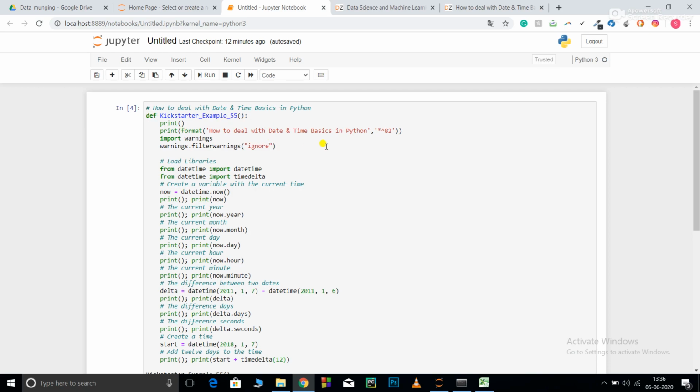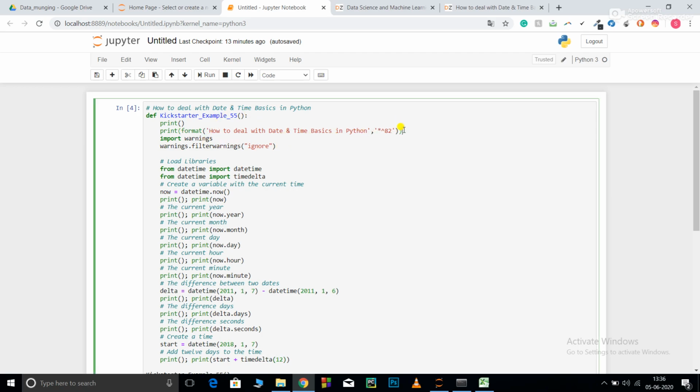So let's get started. Now, where do we need this date time? Date time is very essential when you do a time series analysis. A time series analysis is a type of analysis in which we see the variation of data, or we try to recognize the pattern of the data based on dates. For example, stocks are time series analysis. So when you do that, you should be very thorough with date time manipulations. You should be very quick and frequent in manipulating the dates, as time series analysis is solely based on this. So now let's get started with the code and see some manipulations.